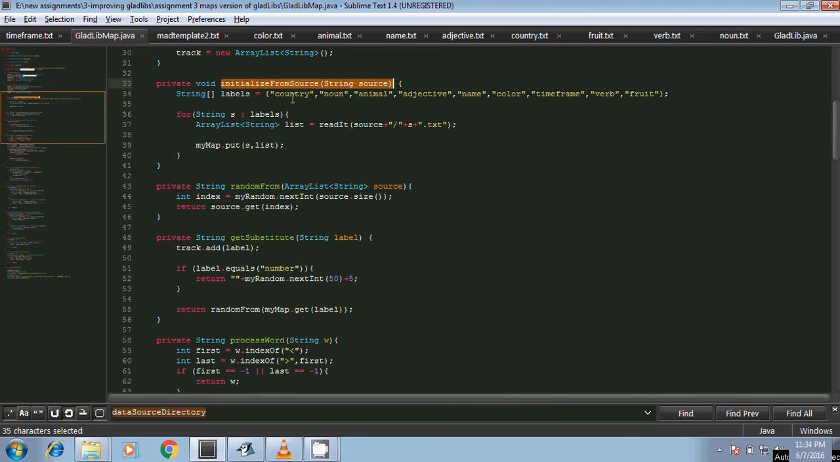So in this case, these labels are country, noun, animal, adjective, color, etc. And against each key, we maintain an array list where the array list contains all the possible different values that label can have. So once we have this hash map populated, and once we have the story template loaded into